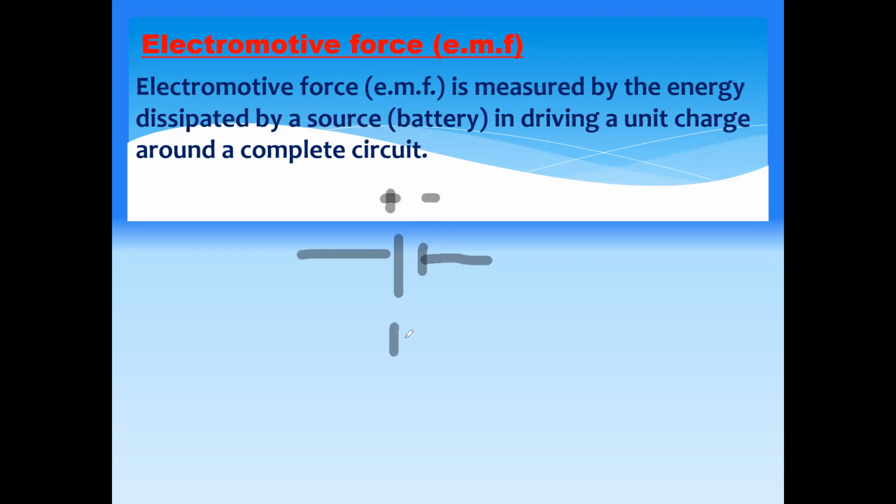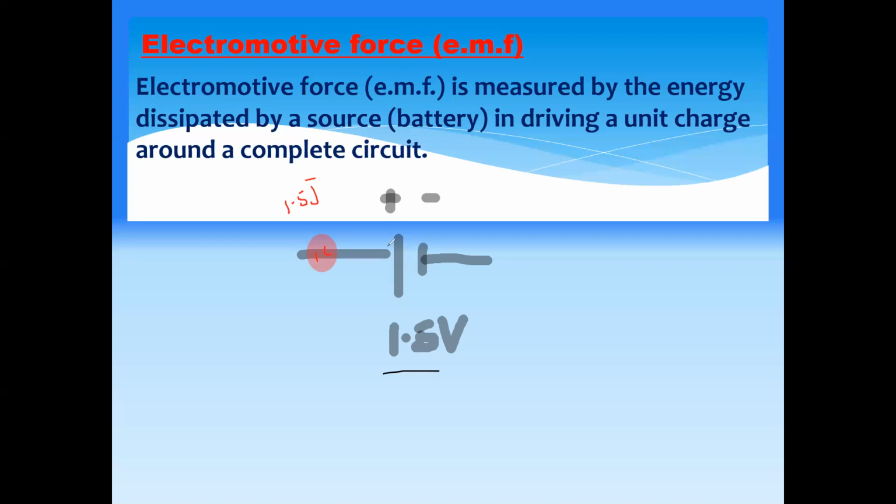And if I say a cell, on a cell it is labeled 1.5 volts. So what is the meaning of this 1.5 volts? It means that if 1 coulomb of charge is coming out from the battery, it carries 1.5 joules. So how much energy is carried by 1 coulomb of a charge, that refers to